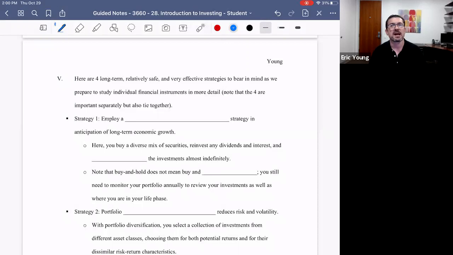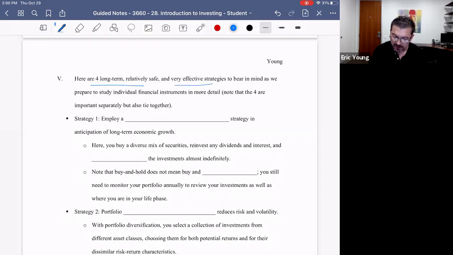So we've discussed now the overall context of investing. We know a bit about the securities markets. We know about investment plans. I wanted to offer you, as we wrap this lecture up, a couple of last points. First, I know that investing can be complicated, it can be confusing, it can be jargon heavy, and there's a lot of conflicting advice. So in this bullet, old Roman number 5, I want to offer you 4 long-term, relatively